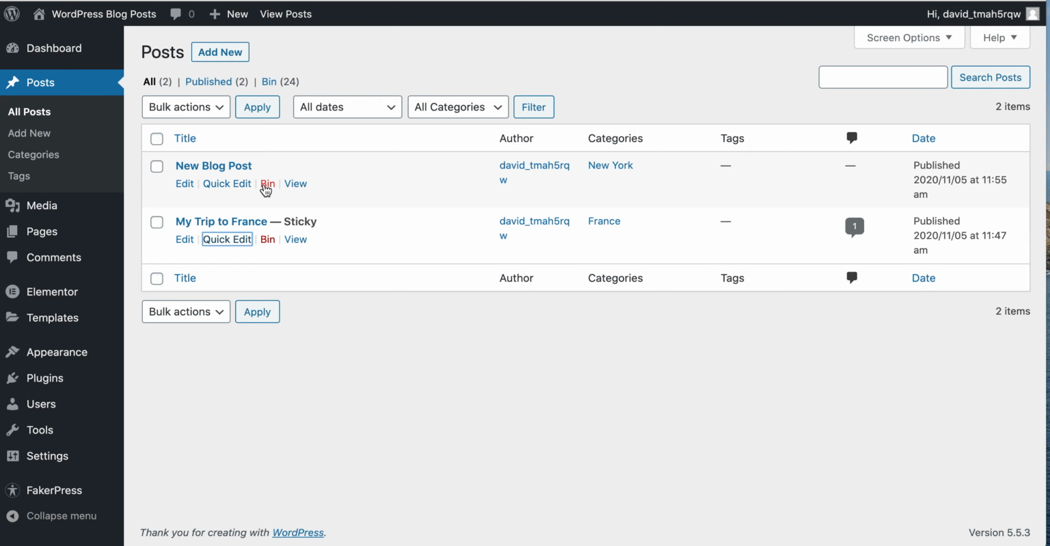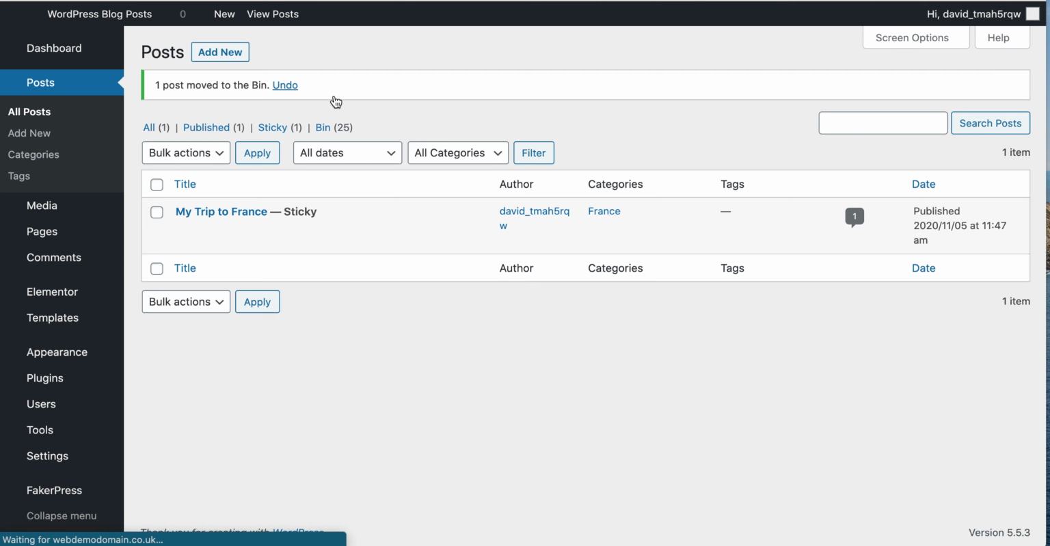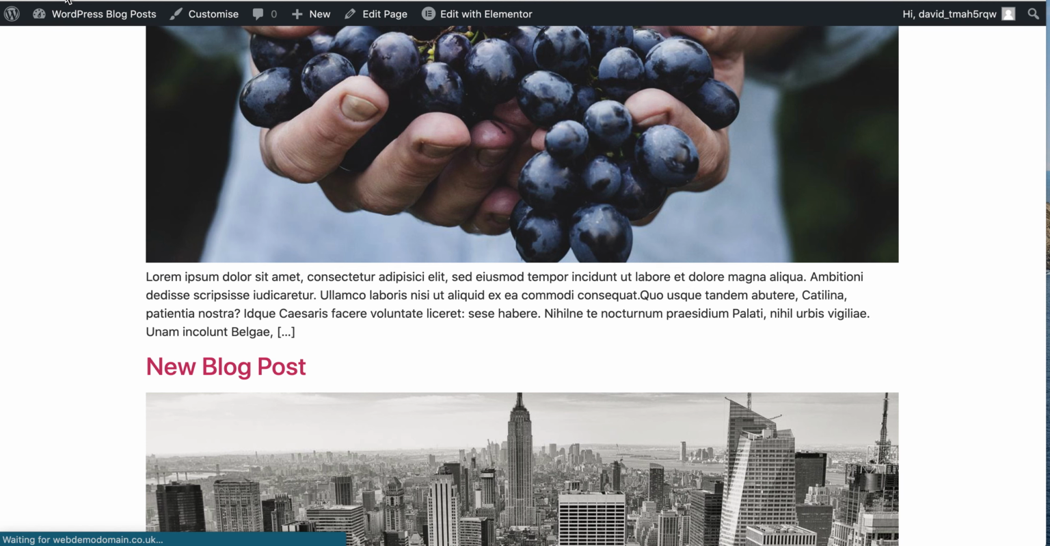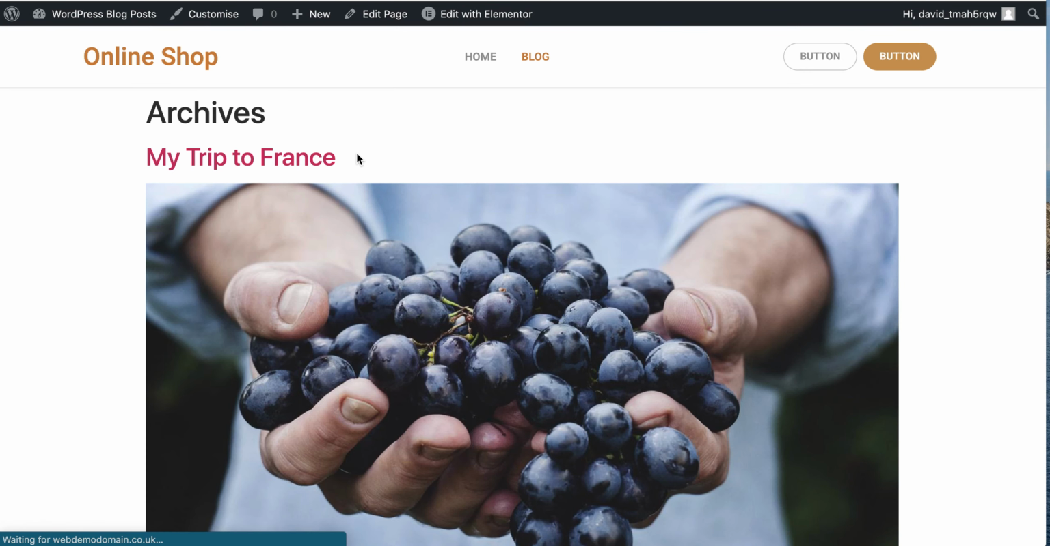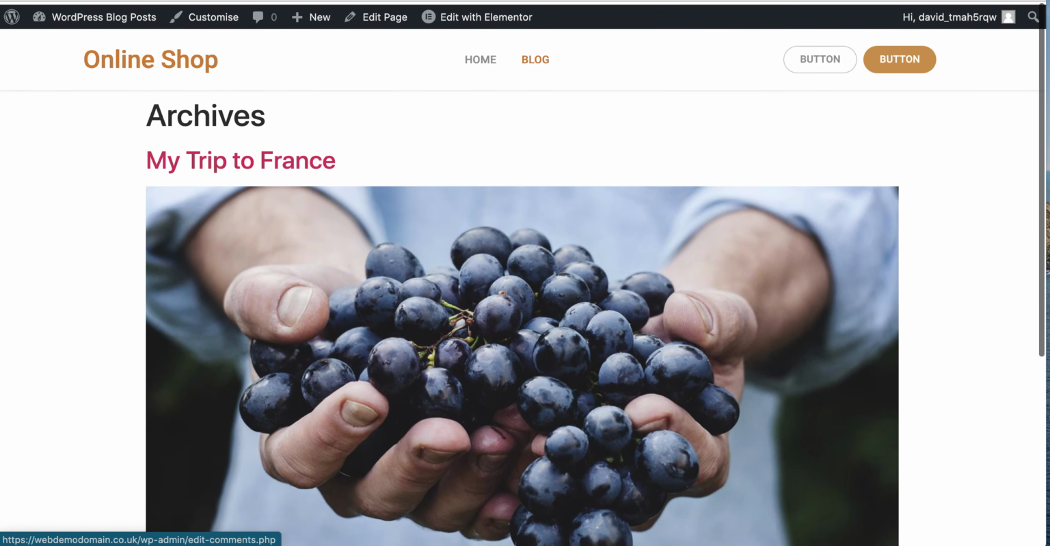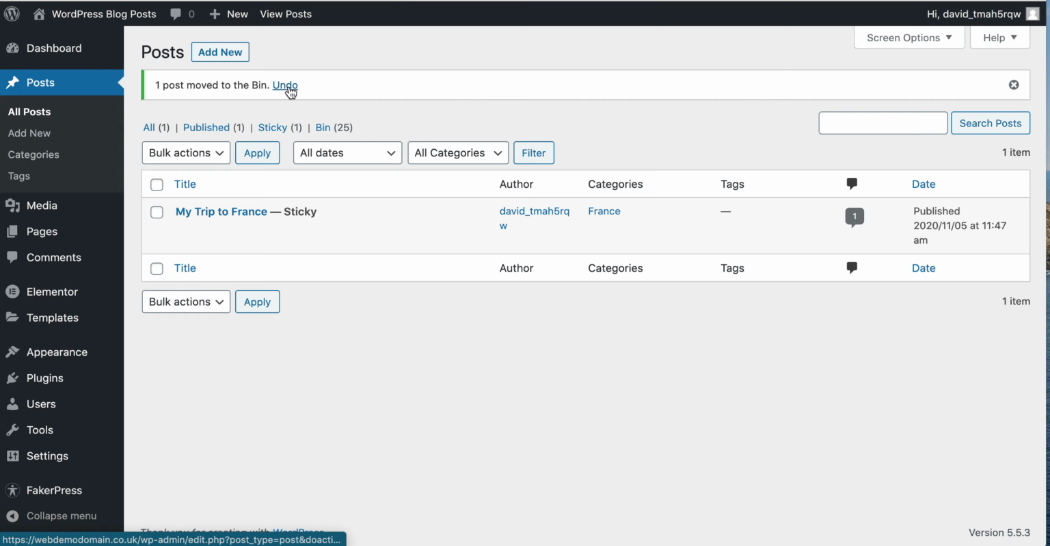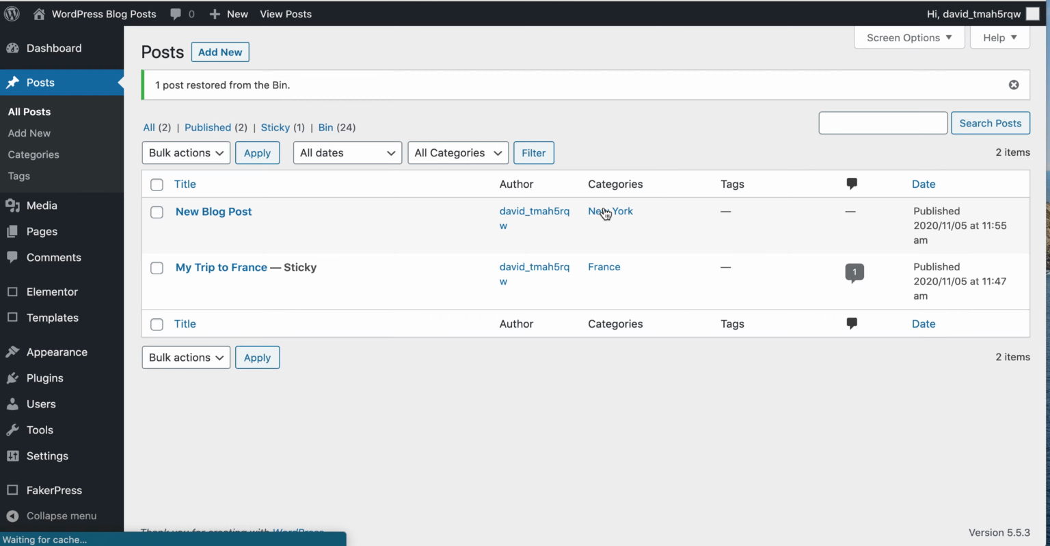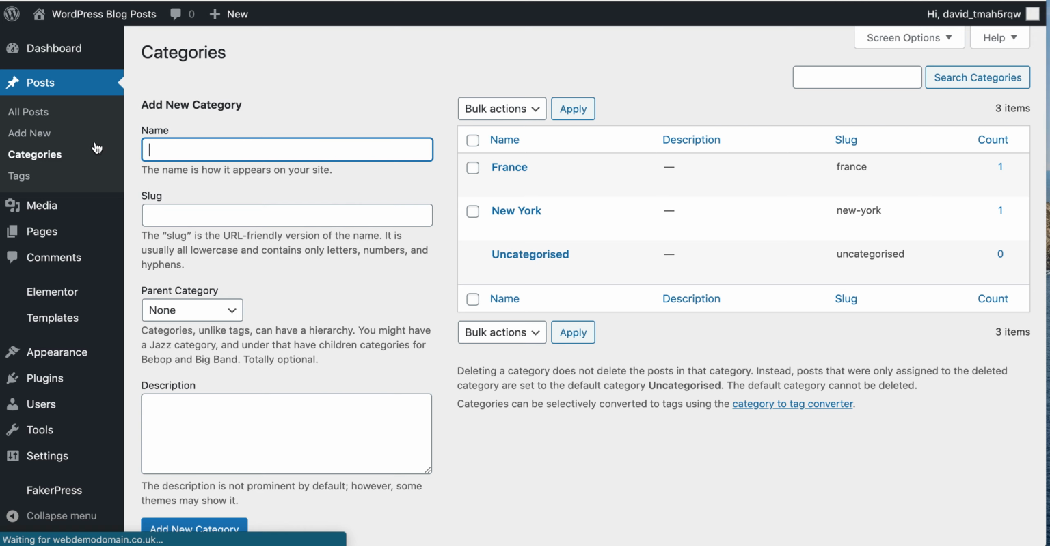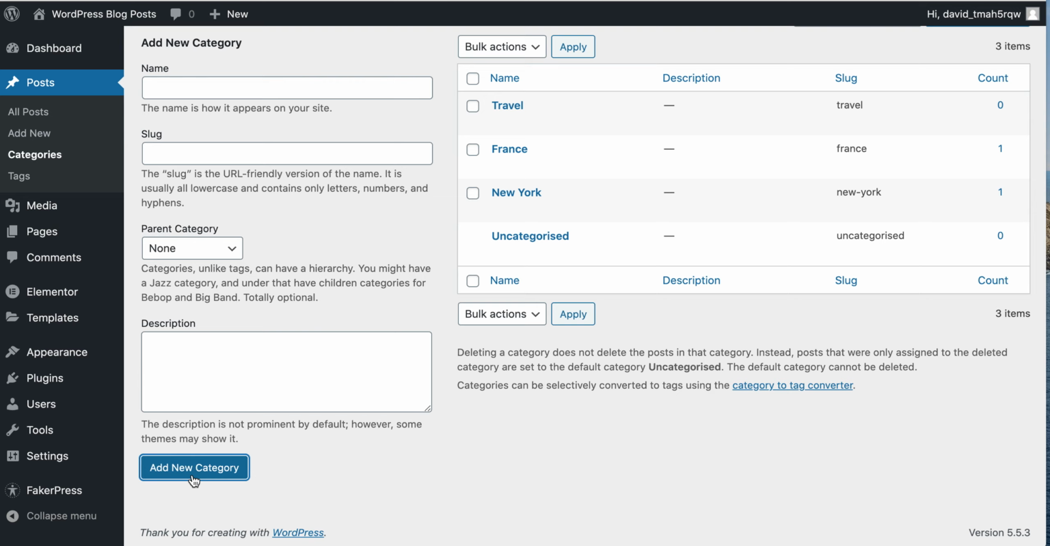If you wanted to delete a post, you can just click on bin. And then obviously if I refresh now, you would just have the one blog post. If you made a mistake, you can undo it. If you wanted to add a new category to both of these, so let's say you wanted both of them to be travel, you type in travel as a category, add new category,